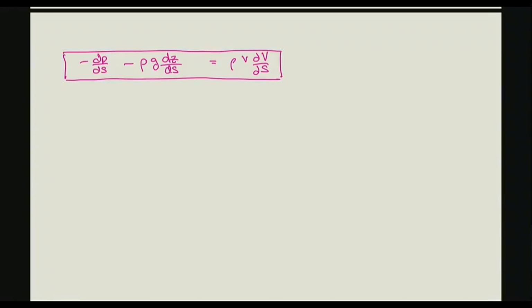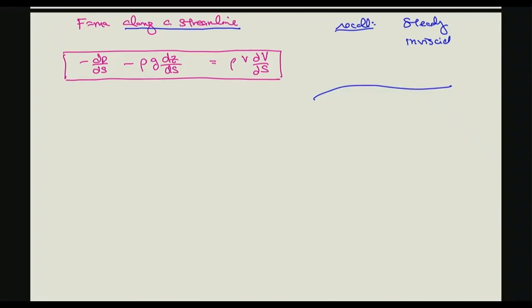And recall that this is F equals MA along a streamline. So we're going to consider the flow along a streamline, and also recall we are assuming a steady flow, and it's inviscid, essentially frictionless, viscosity 0. Now, along the streamline,